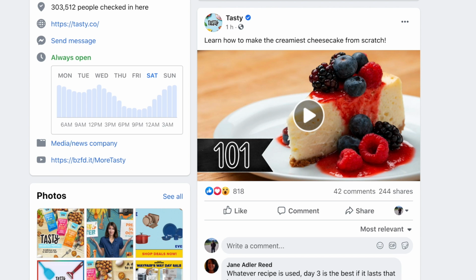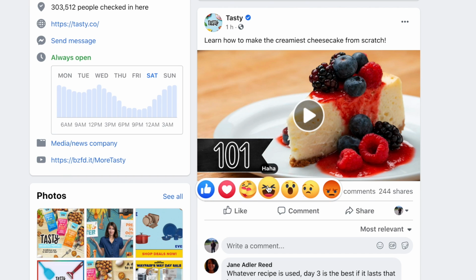So guys, right now we are on facebook.com. This is one page that I have opened up, and if you go on any post, you see the like option. When you hover on the like option, you see all the other reactions coming up. So you don't click it. If you click it, it's just the like, but if you hover over it, you see all the other options. And when you hover over all the other options as well, each option zooms up. Whichever you select zooms up, and once you click on it, that particular reaction gets selected. So this is the interaction.